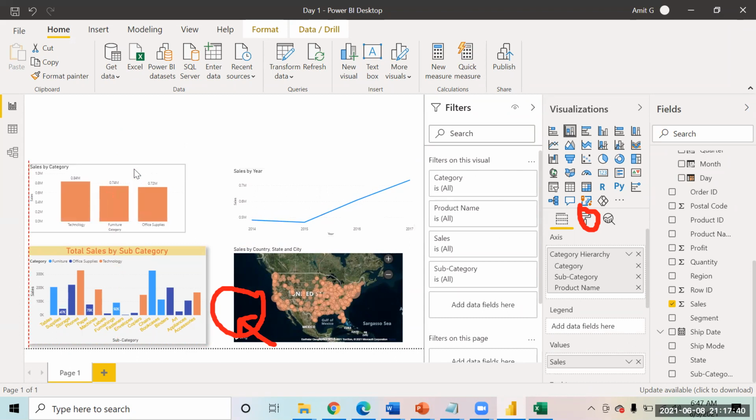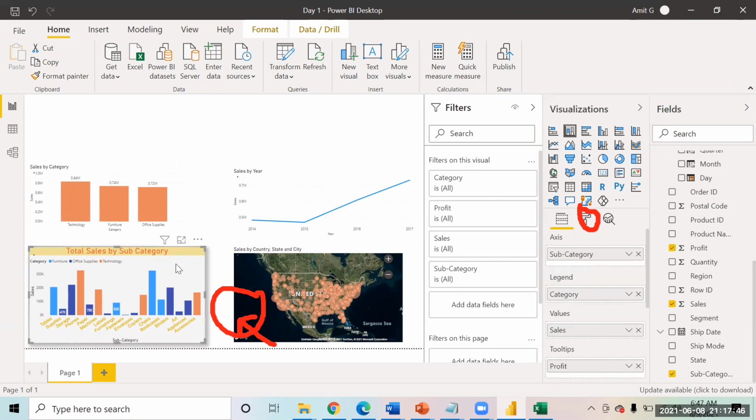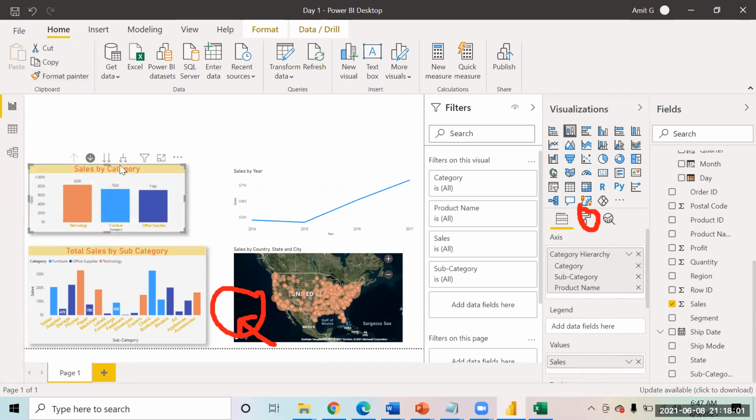And you also have a format painter option. Format painter is a very useful option. If you see on this chart, we have done quite a lot of formatting. So if you select this chart and click on the format painter button, you will get this brush. Click this brush on this chart and you will see the same formatting applies over here.